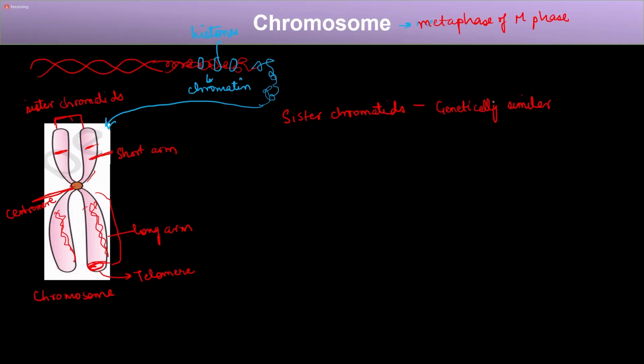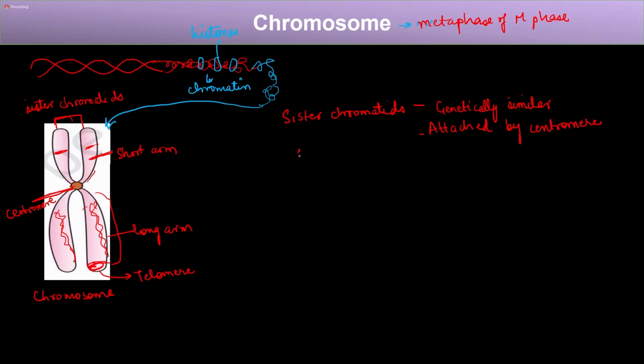Genetically similar. So sister chromatids are genetically similar. And how are they attached? They are attached via the centromere. They are attached by this structure that is known as the centromere, right? Now, second thing,